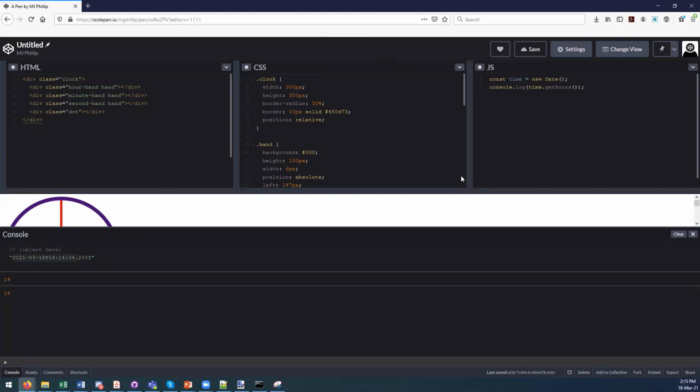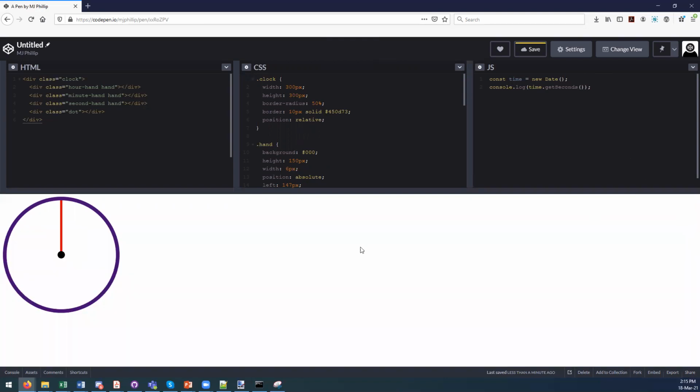So that's correct. I could get minutes. And yep, it's 1:15. And I can get seconds. No idea what that is. Okay, 23 seconds. Great. So that's information that I can get, and then I can use that to be able to set where these hands should go. Before I carry on, what I'd like to do is just select these elements. So I'm going to have an hour hand,